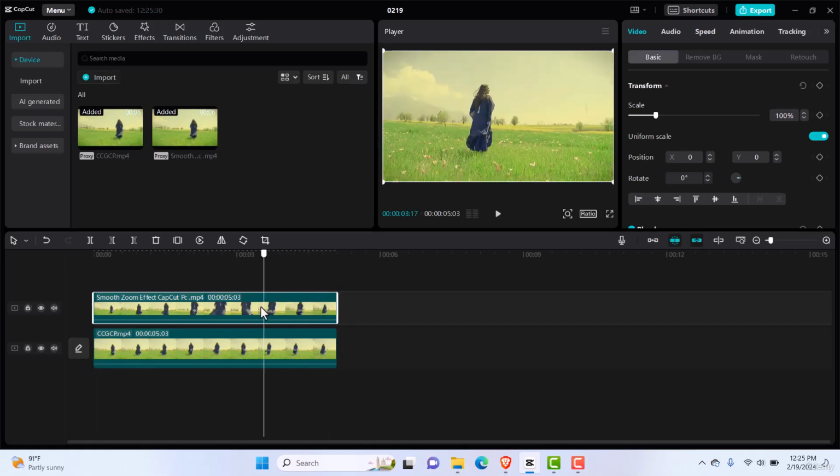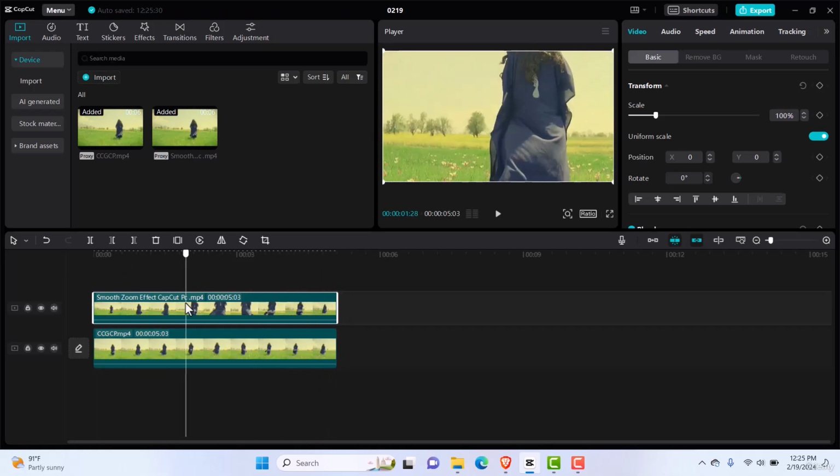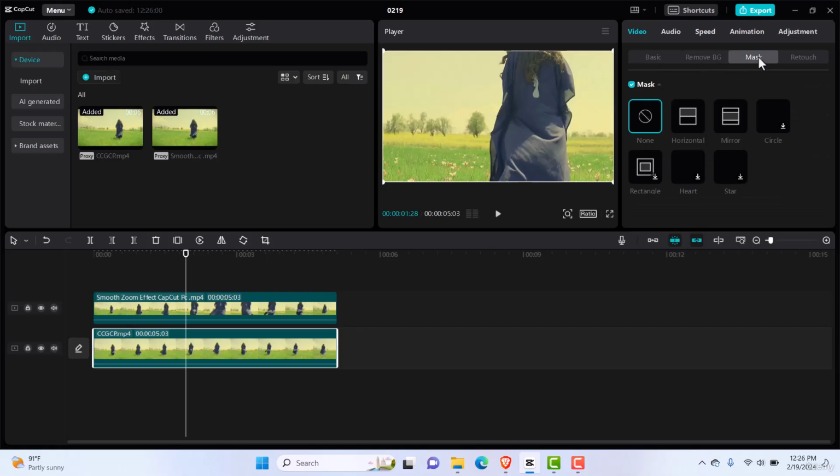So now I want to compare it. Just for instance, you want to send it to your client, or you just want to make this effect in your videos and you want to put them side by side. So what will you do? Starting with the clip below, you're going to click on it and you're going to go into video and mask. Okay, it's going to be on basic. You're going to take it to mask and click on that, and you're going to be using this horizontal mask